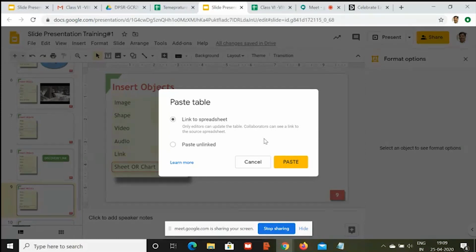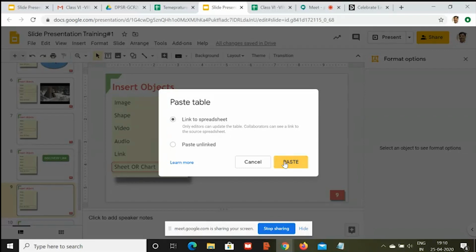Tomorrow temperature set will be different, and maybe after a week temperature set will be different. So in that case, if you are changing the temperature in the Google Sheet, it gets reflected in your Google slide also. If you want that to happen, then you have to look for the first option, which is link to spreadsheet. Okay. So let me show you this first, and then I'll be showing you paste unlinked.